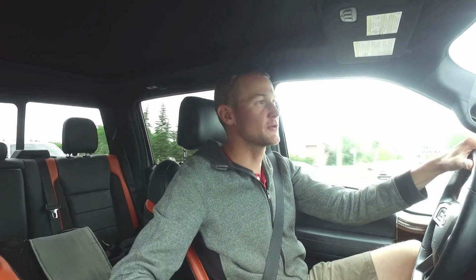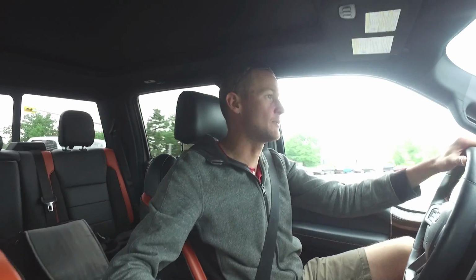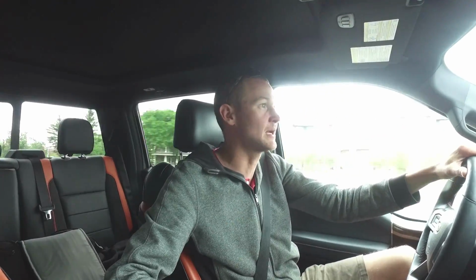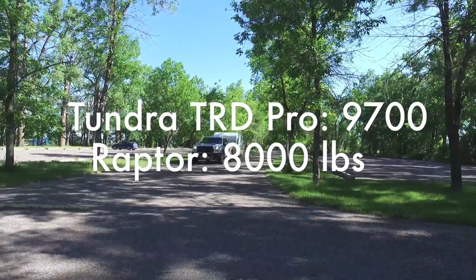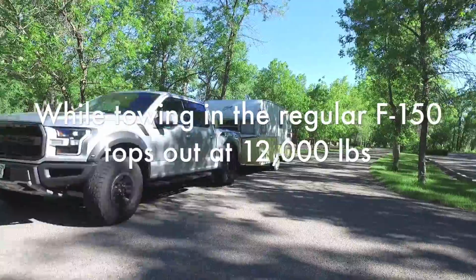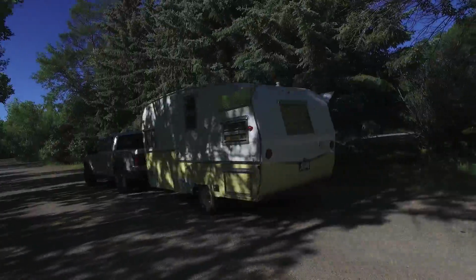Well, let me be the first to admit here that the Raptor is not a towing-focused vehicle. It's an off-roader that happens to have some modest towing capability. I mean, we compare this to, say, the Toyota Tundra with that TRD Pro package that I was driving a couple of weeks ago. It's going to be able to tow a bit more. Look at this compared to the regular F-150 with a 3.5-liter EcoBoost on board. You can only put 1,200 pounds in the box of the Raptor, whereas it's about 3,200 pounds in the regular